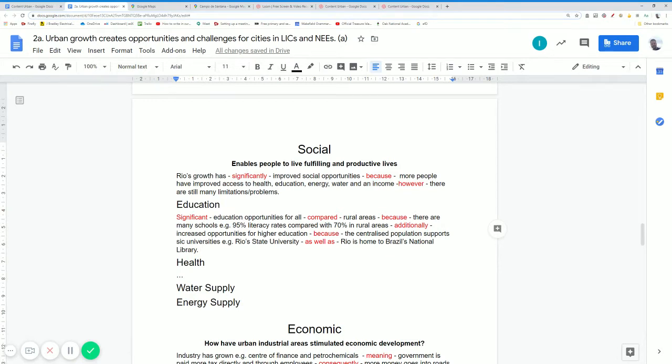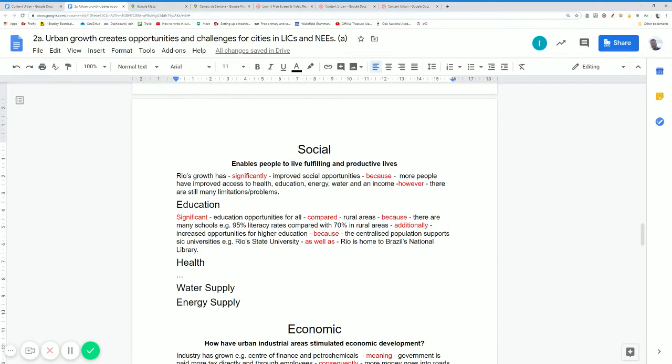Rio's growth has significantly improved social opportunities because more people have improved access to health, education, energy, water and income. If I got a question asking me to explain how Rio has improved the social opportunities of people, I might start like that because that gives me a way into my answer. Particularly if it's an assessment, because if it asks me to assess, I might go on to say, however, there are some limitations here,